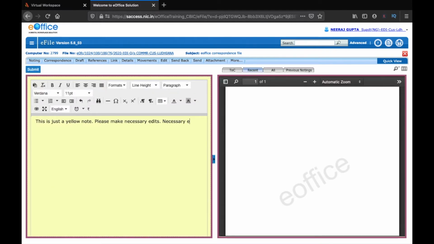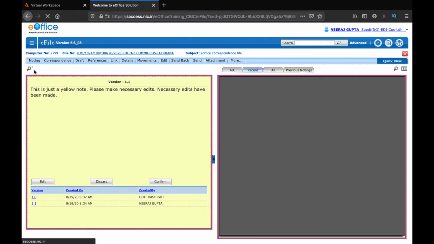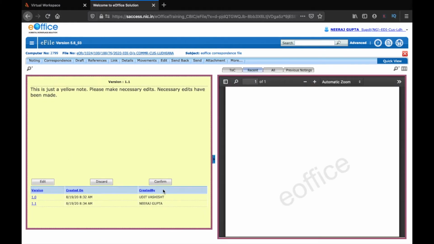Necessary edits have been made. And then I will again click on submit. And now I have an option to confirm it. If I will confirm it here, this note will be converted into a green note. And when I will send it to the officer, it will go with the signature of this user, that is